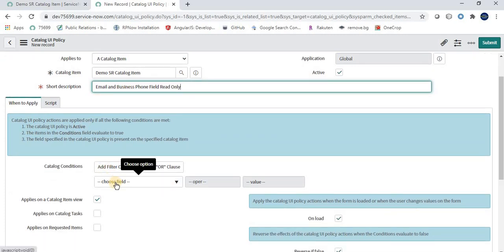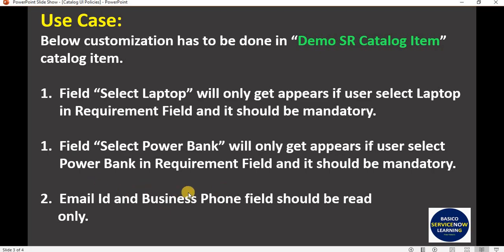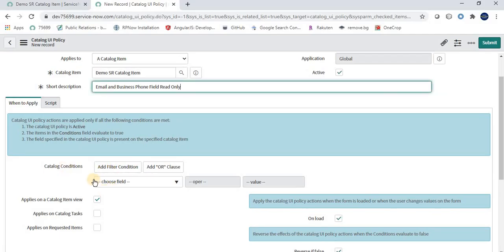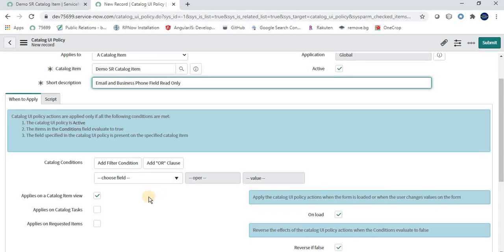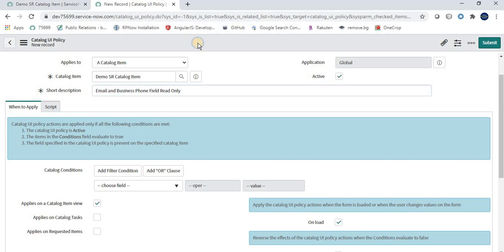Okay, now on the condition there is no condition. See, in the requirement we have no condition. So if we are not giving any condition, it means it will execute anyhow. There is no condition required. So this requirement is to just give you understanding that if we are not giving a catalog condition, it means in all conditions when that form loads, or either somebody is changing something or not, doesn't matter, that particular functionality will get executed. You can also customize this through client scripts, but I am giving a demo through a UI policy action. So just save it.